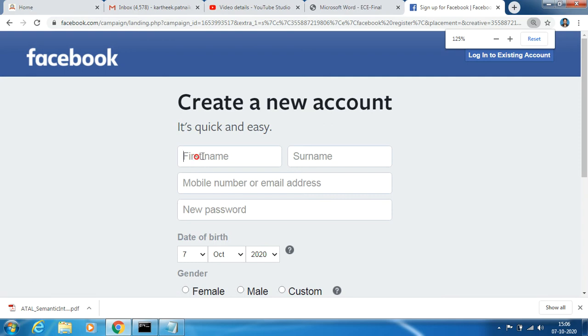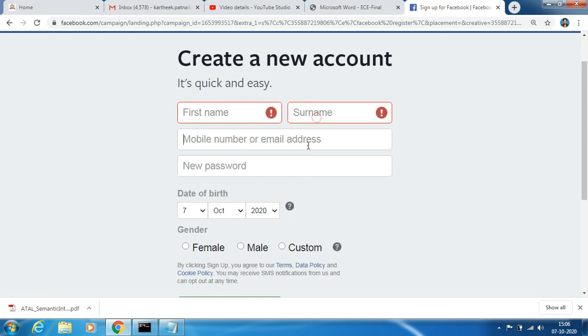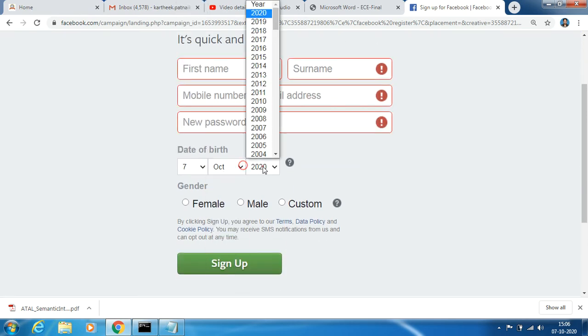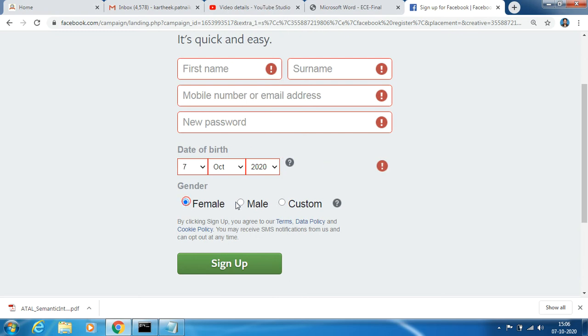This is a text field component, this is a text field, this is a text field, and this is something like a list. These are called radio buttons and this is called a button. All these are different components.